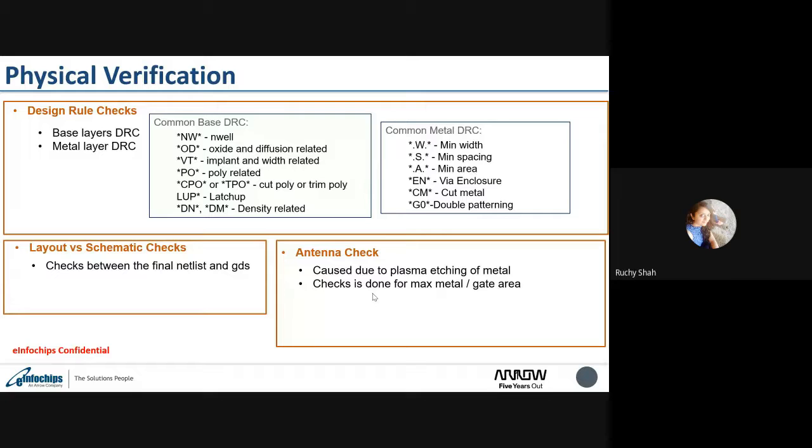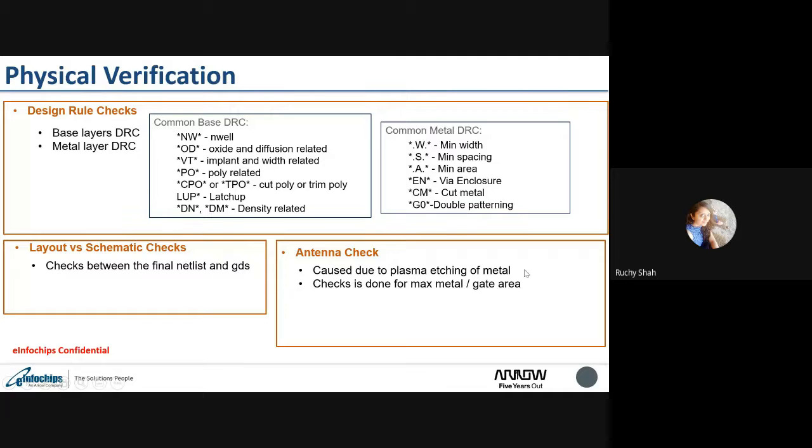The antenna check is related to fabrication, but we have to take care of it in the design part. Basically, when we draw any metal and it is connected to poly, we all know that the gate oxide is very thin and is a very sensitive part of a transistor.